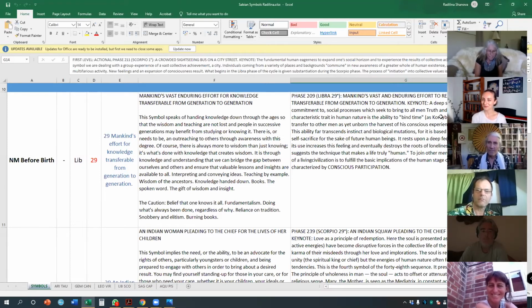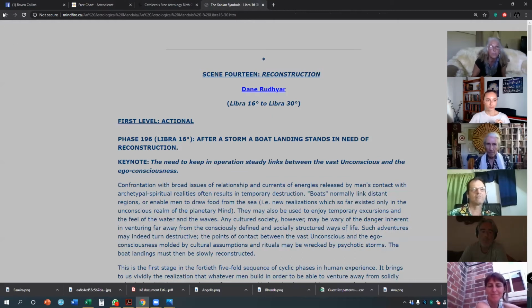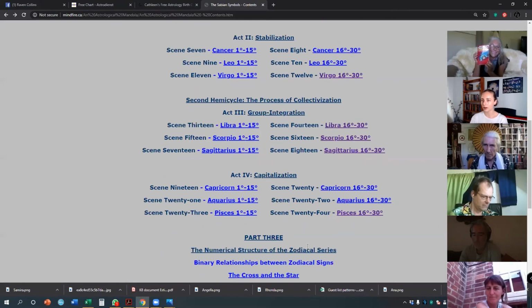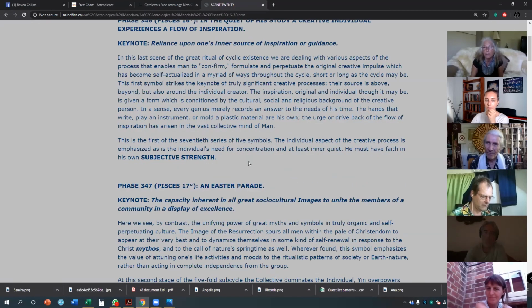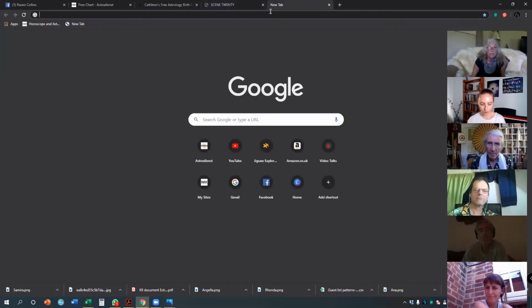Was mine Pisces 25 or was it 25 something? Would I be looking at Pisces 26 when you? No, you would need to be. So when you use the book. Oh yeah, 25. So in the two different websites that I use, it's different. It's very confusing. If you use this one, the Rudyard book, of course you do. So it was 24 something Pisces. You know, the chart says 24 something. Then you go to 25. Pisces 25 in the list here. But then if you use that one,